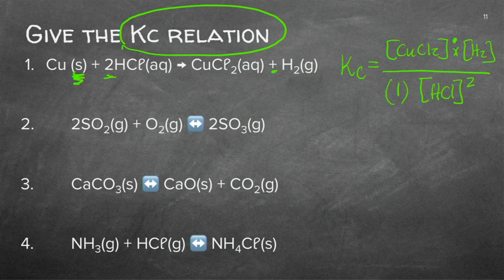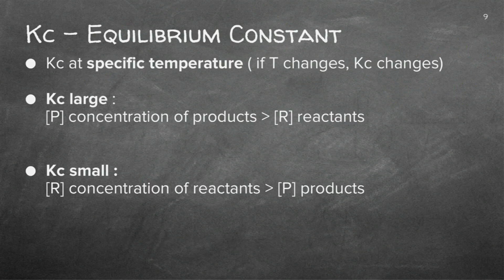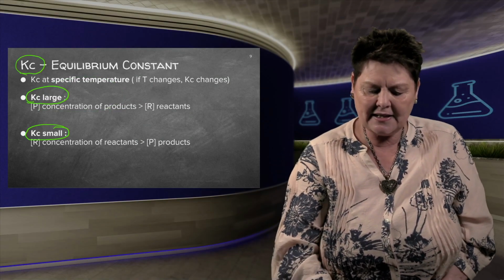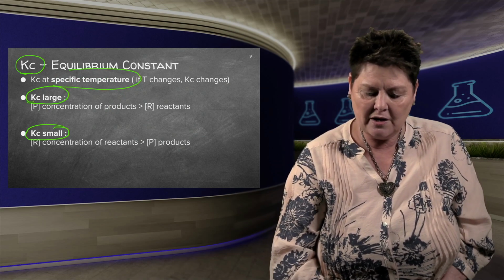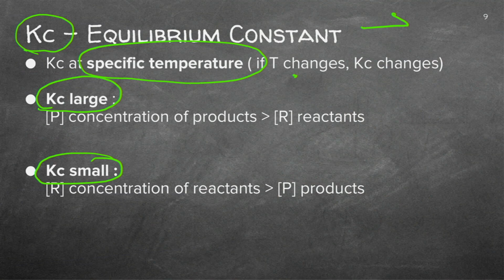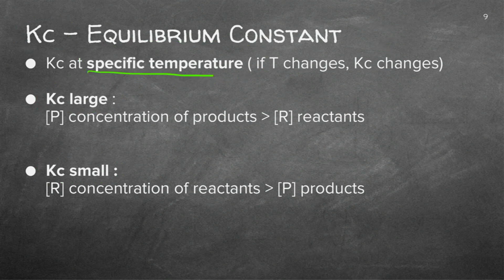So, what is important? What does this relationship mean? If I've got a large Kc value or a small Kc value, it gives you some indication of the reactivity of this reaction. So, that Kc is at a very, very specific temperature. That's the value. If the temperature changes, you know the forward reaction or the reverse reaction will change. So you will change the equilibrium if you change the temperature. Therefore, it's at a very specific temperature. So that's the first thing I need you to know. It's just at a specific temperature.